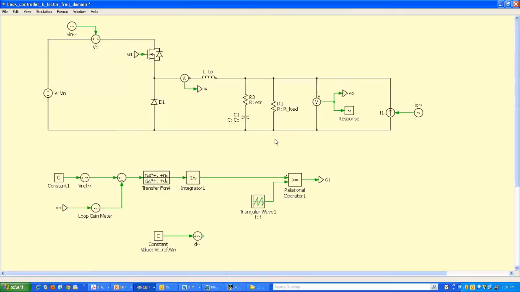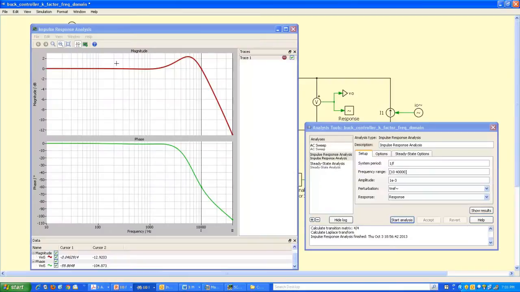Okay, so let me go ahead and draw the closed loop and the open loop gain on the same plot. In order to do that, if you go back to my analysis tools, what I have at the end is the closed loop gain. So let me go ahead and save this plot. Okay, so that is done. And